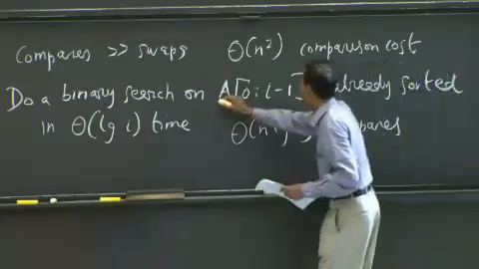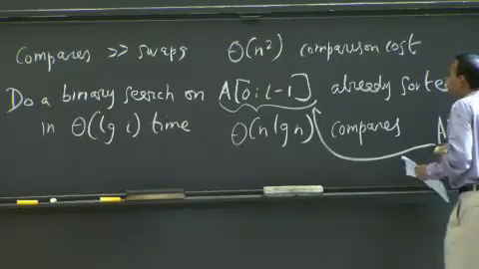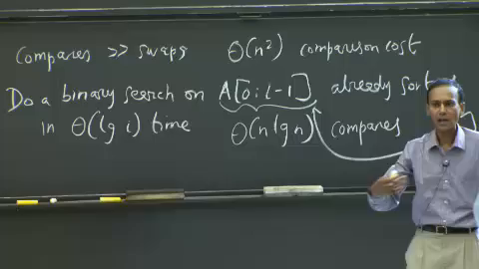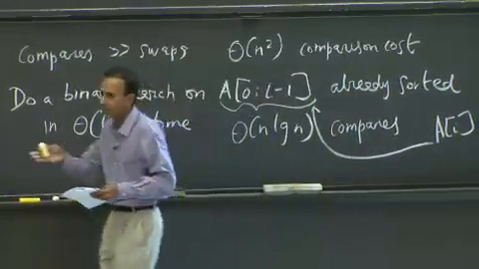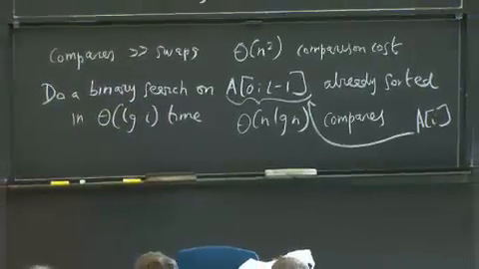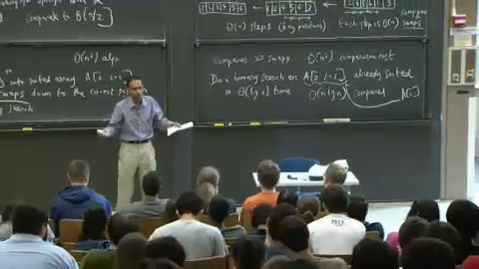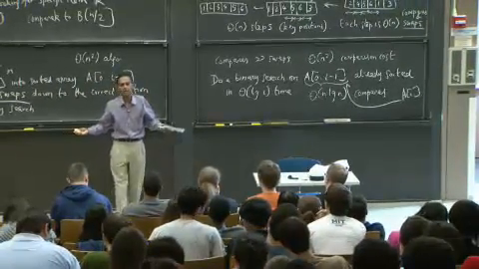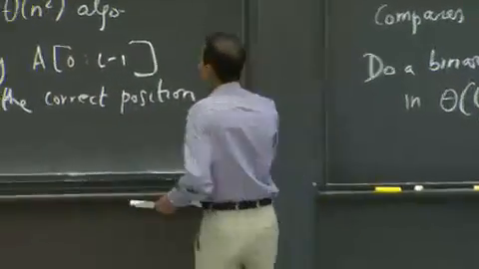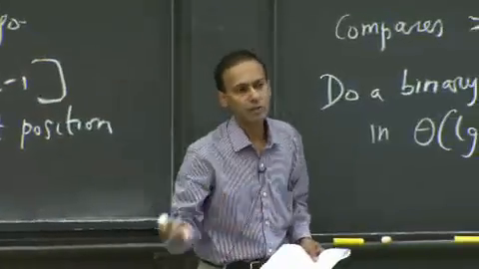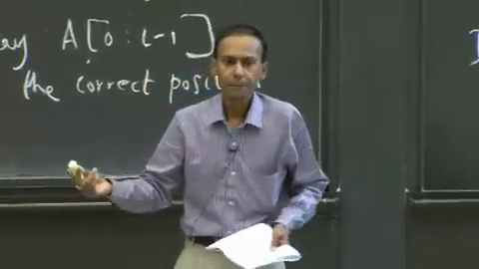We don't quite have that because we need to insert our a of i into the right position into a of 0 through i minus 1. And when you do that, if you have an array structure, it might get into the middle, and you have to shift things over to the right. And when you shift things over to the right, in the worst case, you may be shifting a lot of things over to the right, and that gives back the worst case complexity of theta n. Okay? So a binary search in insertion sort gives you theta n log n for compares, but it's still theta n squared for swaps. All right?